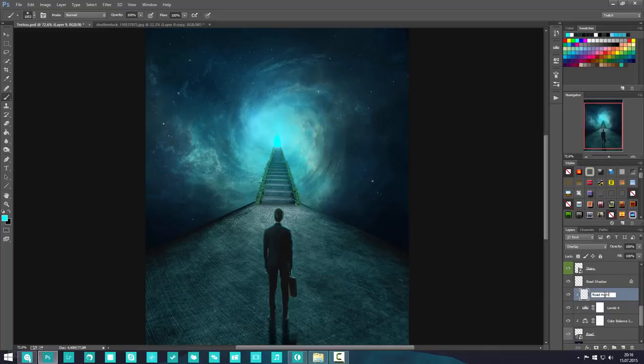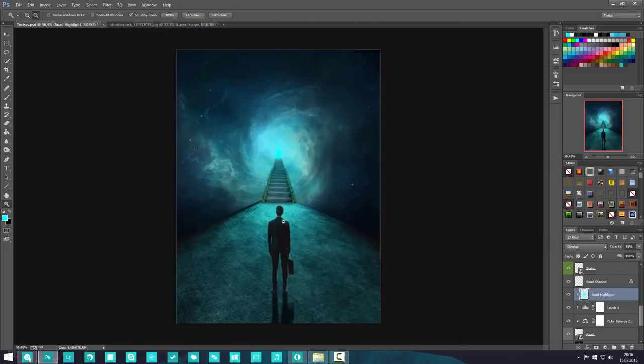Road highlight. Highlight, sure, there we go. And just click once here, which is blue, you know, this is the color of the portal, and it's on overlay. The layer's on overlay 100%, so lower the opacity. It's a bit too much, you know, you don't want to exaggerate. So we got the guy over here,